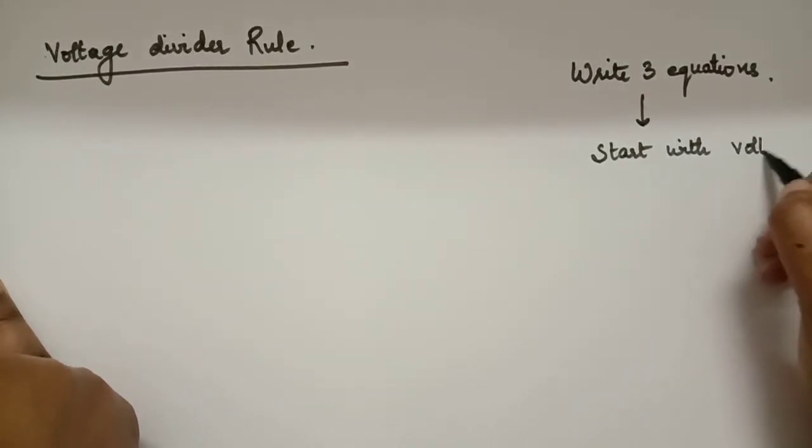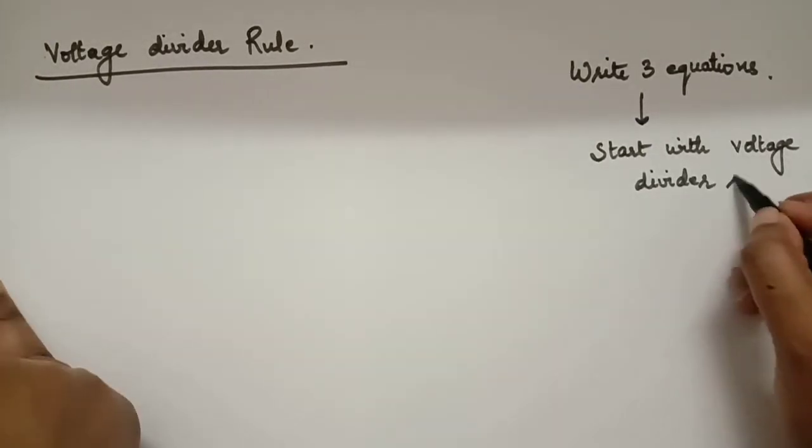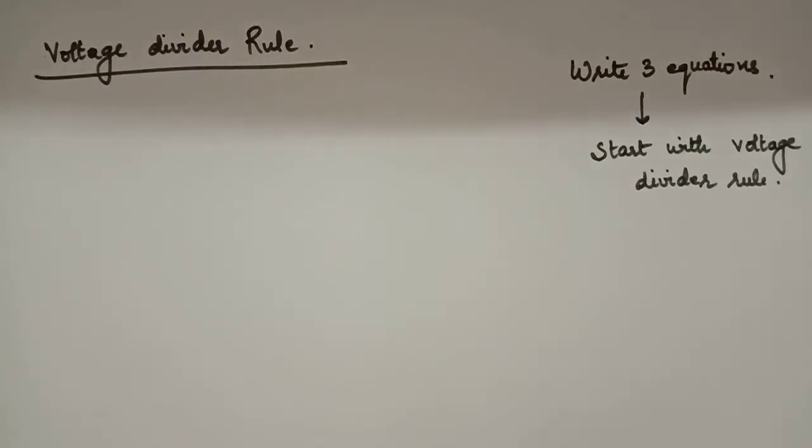Because this is a general flowchart, we need to determine the state of the Zener diode only in this case, when Vi and RL both are fixed. But that will not be the case for the other two cases, that is, when either RL or Vi is variable. So I have written a general part: first of all, we write these three equations. Then, if both Vi and RL are fixed, we need to determine the state of the Zener diode, whether it has reached the breakdown region or not. That means it is on or off. And then we need to start solving it. How to start solving it?